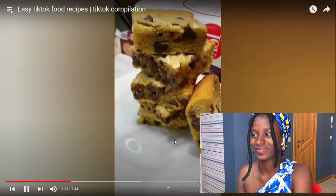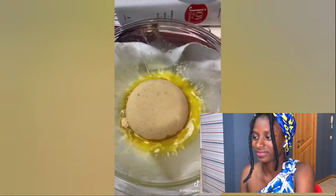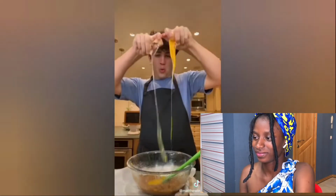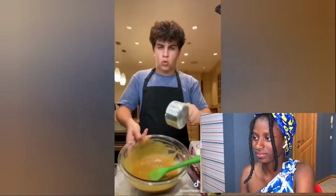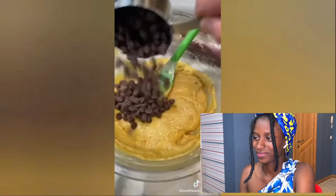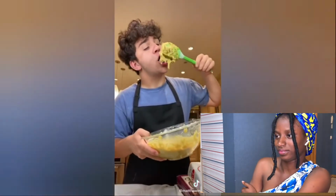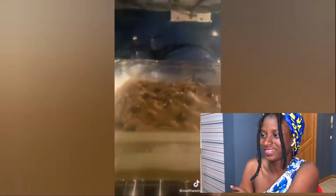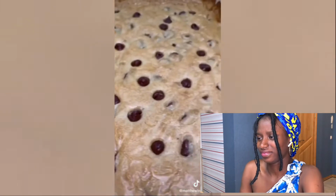Chocolate chip cookie. This is literally one of the easiest recipes ever, and these are so delicious. Mix 1 stick of melted butter with 1.5 cups of brown sugar. Mix it all together until everything's super well combined. Crack in 2 eggs and none of the shell, and a heavy dash of vanilla. Mix it together until it's nice and creamy, just like that. Add in 1.5 cups of flour, a ½ teaspoon of baking powder, and a ½ teaspoon of salt. Add in a cup of chocolate chips. Oh my gosh. The hardest part about this recipe is not eating all of the dough before you bake it. Place the batter into a greased tray and bake at 350 for about 20 to 30 minutes. Once they're done, they should look a little something like this. Can we just take a moment to appreciate the tops? They've got...